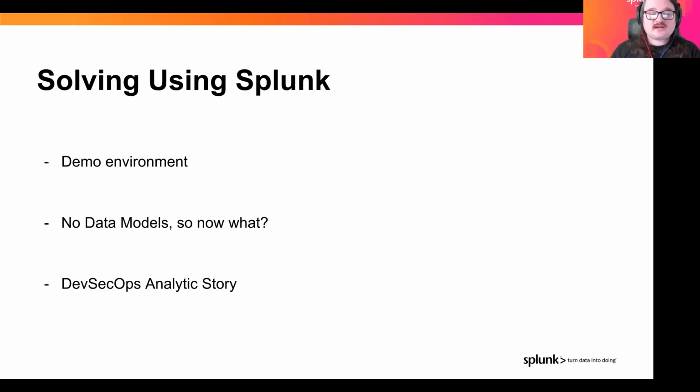However, there's no data model to accurately represent this data normalized across these several data sets. So what did we do next? The DevSecOps Analytic Story, available today in Enterprise Security Content Update and the Splunk Security Essentials app, leverages technology-specific detections. We have confidence that with minimal work, any of these detections can be ported over to the technology stack of